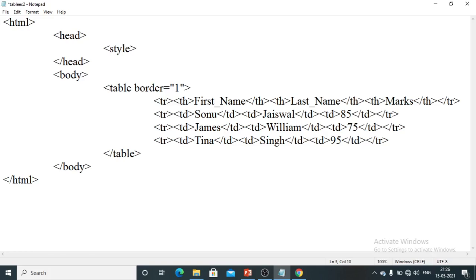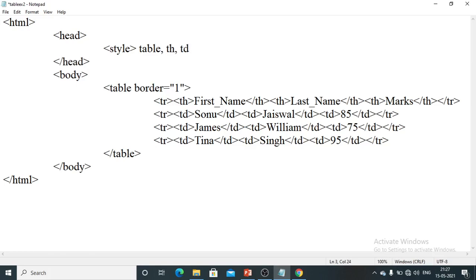Once we come to the CSS topic in further discussion, we will come to know why I use a style tag to define attributes or elements within CSS. Here I am mentioning some style for the table with respect to th as well as td.